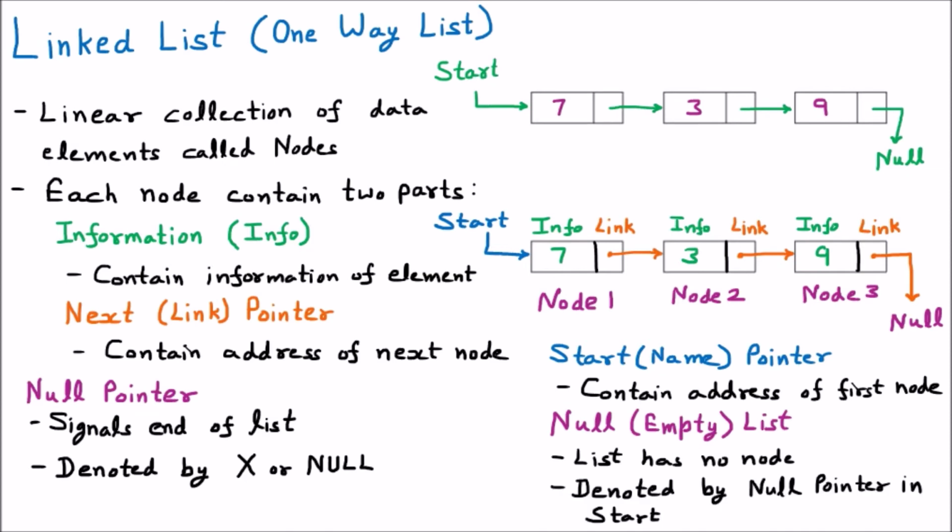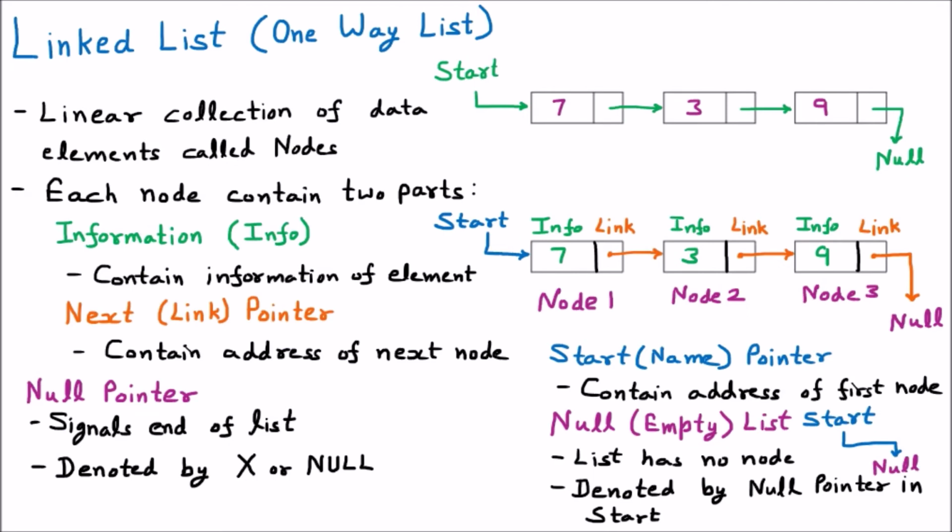So if I talk about how this null or empty list is represented, then obviously we know that there is a start pointer and this pointer points to the starting value. But here there is no node. So where will it be going? It will be pointing to null. So here this start is directly pointing to null. Whenever the start directly points to null, that means there is no element. If no element is there, it is called empty list or the null list. So this is how we can work on the linked list.